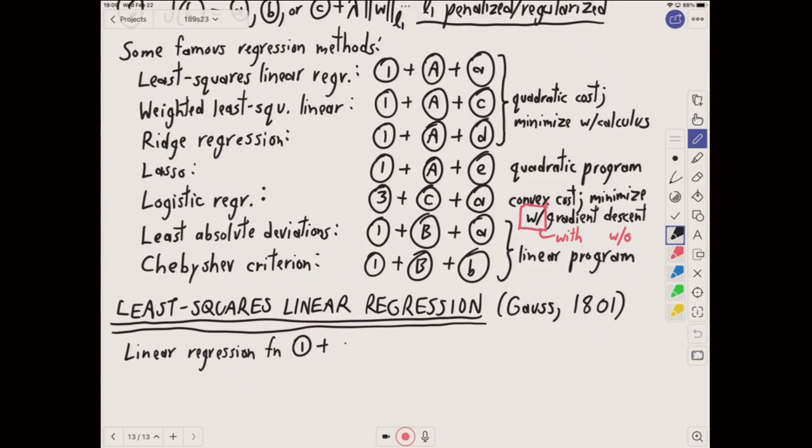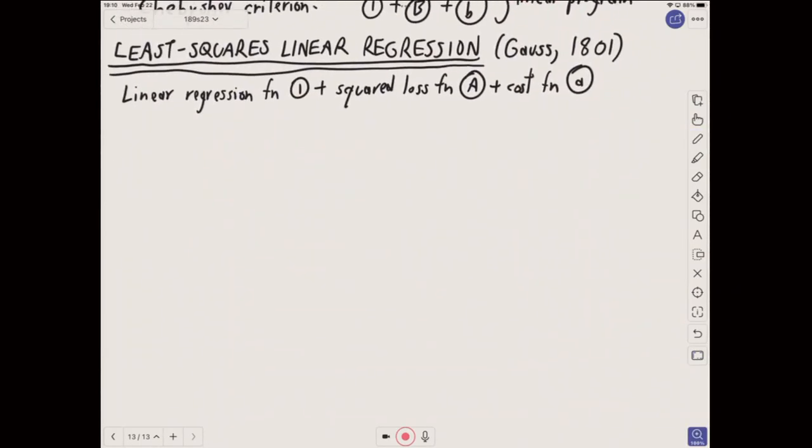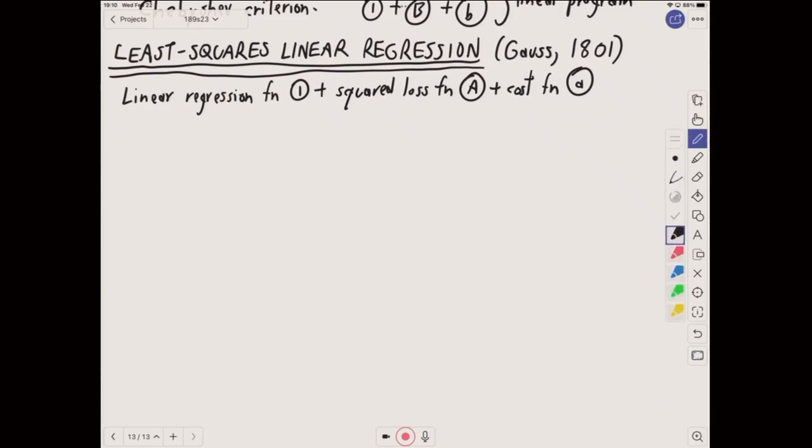We have a linear regression function. We take a squared loss. Maybe it's not obvious why that's the simplest, but when you take the derivatives, it becomes obvious. And the cost function being simply the mean of all the losses. And when you write out that combination of those three menu items as an optimization problem formally, it looks like this. Find a weight vector w and a bias term alpha that minimizes